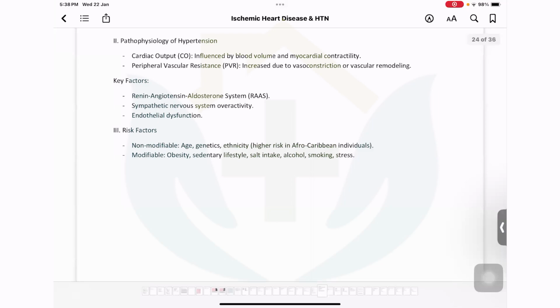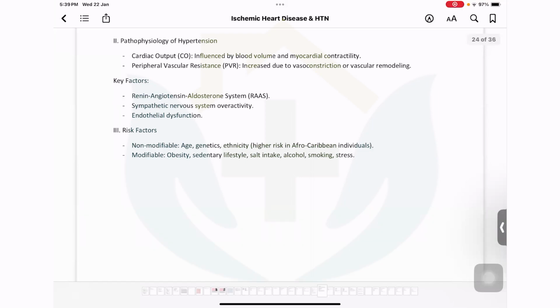So meditation, yoga, pranayam, these are the things which control that part. Then is definitely endothelial dysfunction, cigarette smoking, presence of dyslipidemia, hypertriglyceridemia, and so on, diabetes mellitus. So these are the agents causing endothelial dysfunction. So all of them are contributory factors to control and poor control of hypertension. There are certain risk factors like age, genetics, ethnicity, being Afro-Caribbean individuals, which cannot be altered.